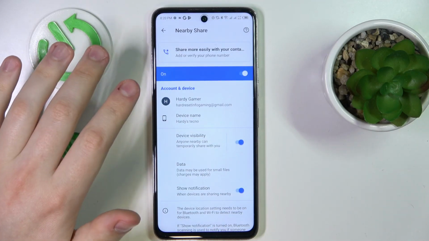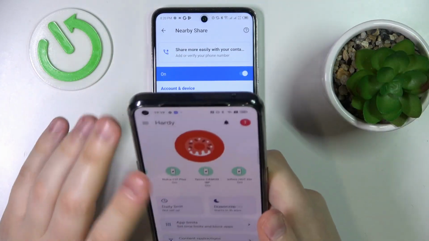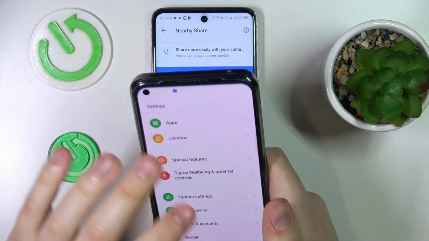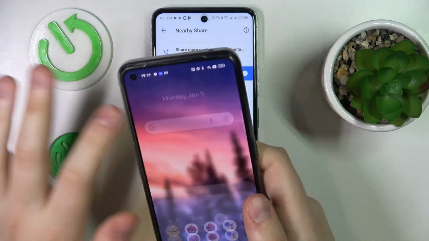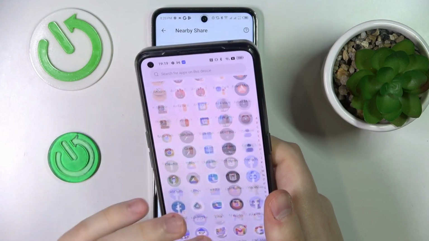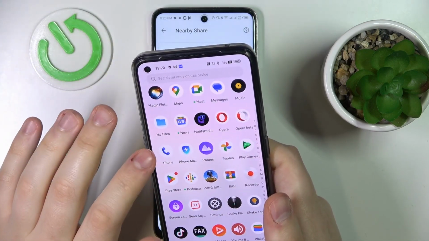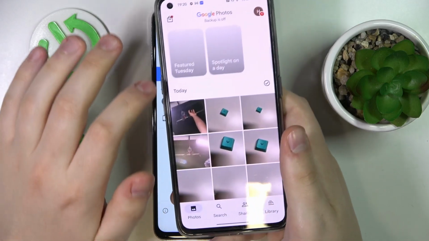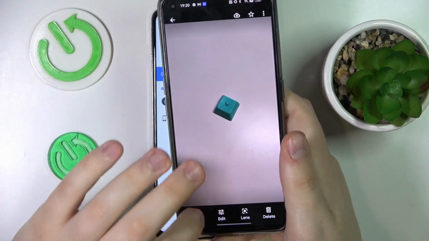And now we can test out the feature. So let me try to send something through it real quick. I happen to have another device on me, which I'll use for those purposes. First of all, let me quickly find the gallery. So let's say I'll send this little picture,